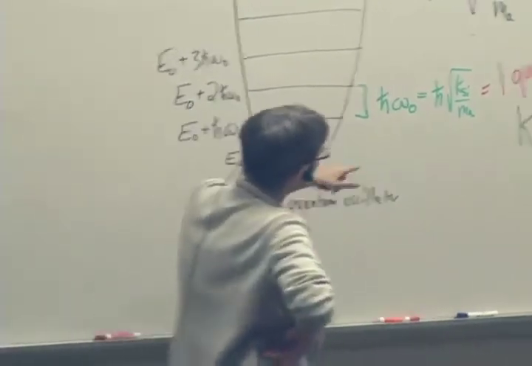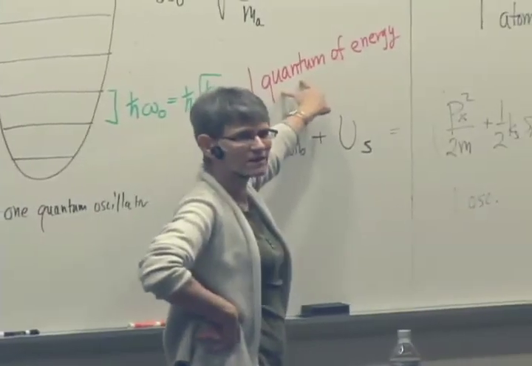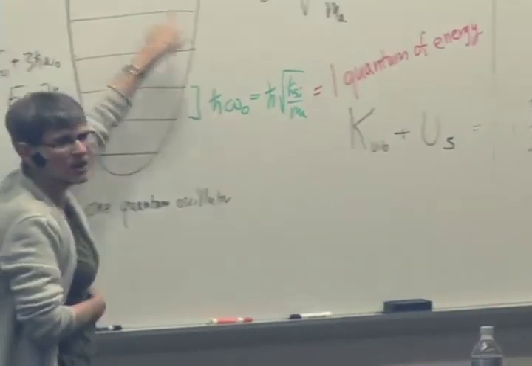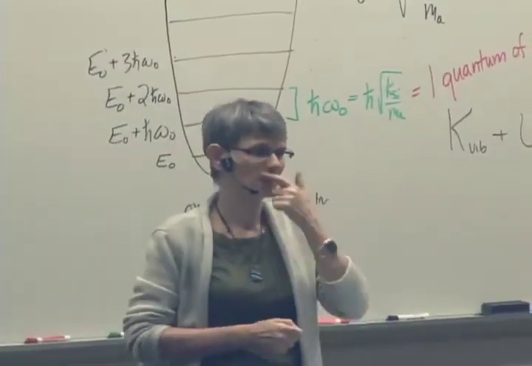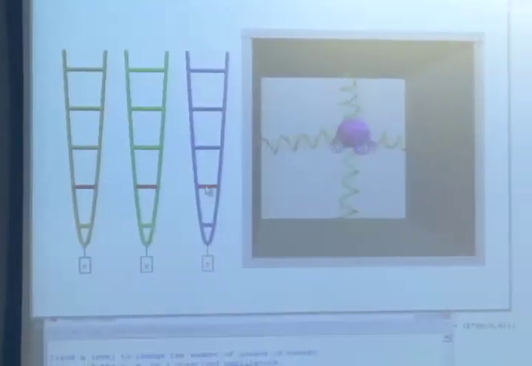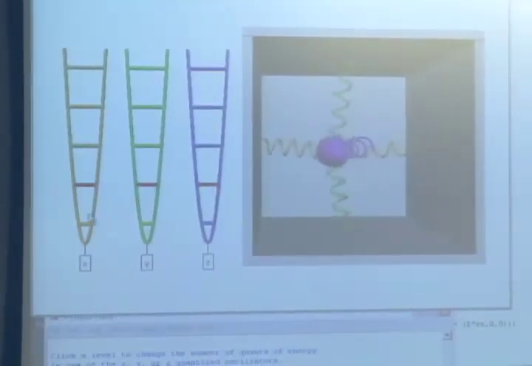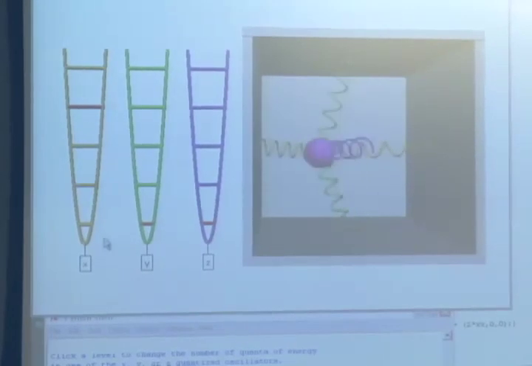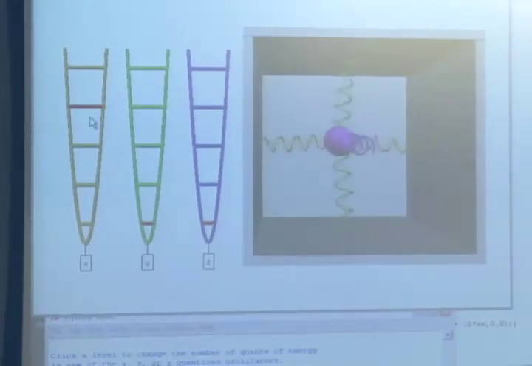So, when we talk about the number of quanta, we're talking about how many little packets of energy of that size we've given to an oscillator. So here we've put in one quantum of energy to oscillations in the z direction and one quantum in the y direction and one quantum in the x direction. But we could actually instead put all three of those quanta, that's putting three quanta into oscillations in the x direction. Okay? So we're going to keep talking about one quantum, and that's what we're going to mean